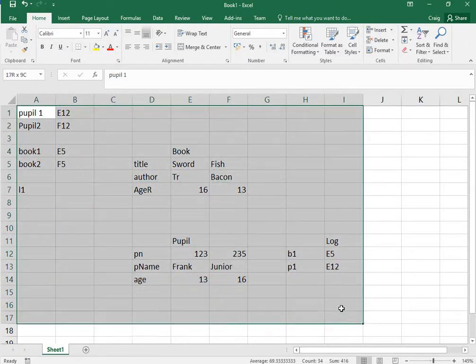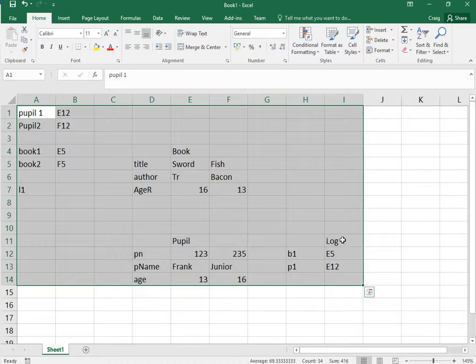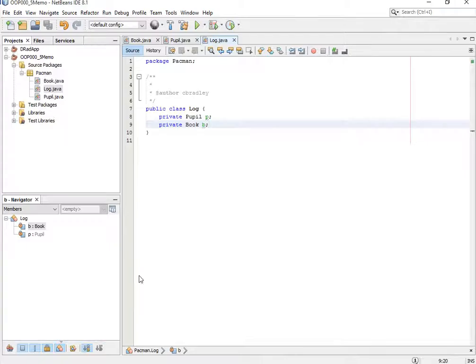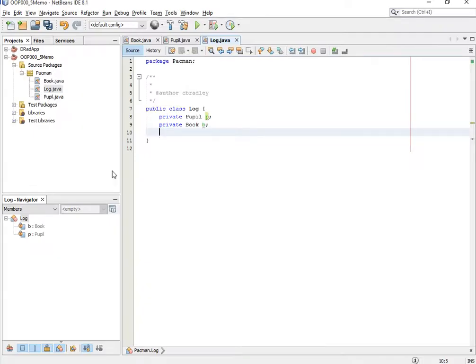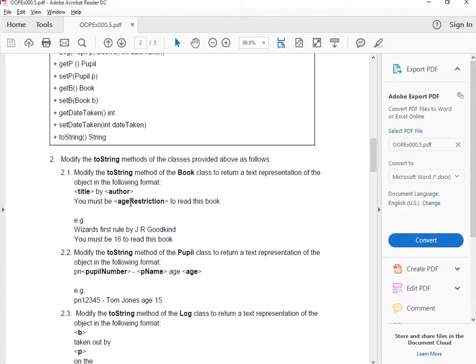I'm going to keep this open. I just wanted you to be aware of this, and I'll go back to it once we finish coding what we're coding. So now we've got pupil P and book B. And we have another one, which, if we go back to the question paper, states there int date taken. So private int date taken, semicolon. Now if we go further down, it says they modify the toString for the class of provider. Oh, sorry, I needed to finish this